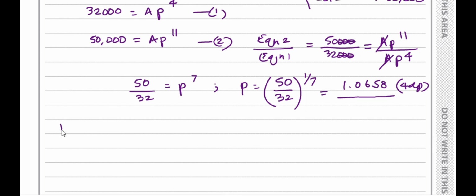Okay, part 2. So let's put one of these two equations with the P plugged in, and then we will be able to find out the value of A. So 32,000 is equal to A bracket 1.0658 to the power of 4. Right? From here, we need to write A therefore is equal to 32,000